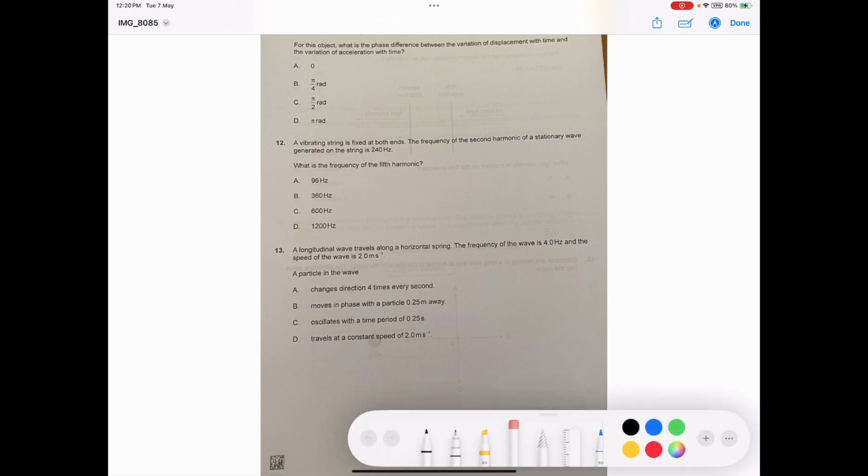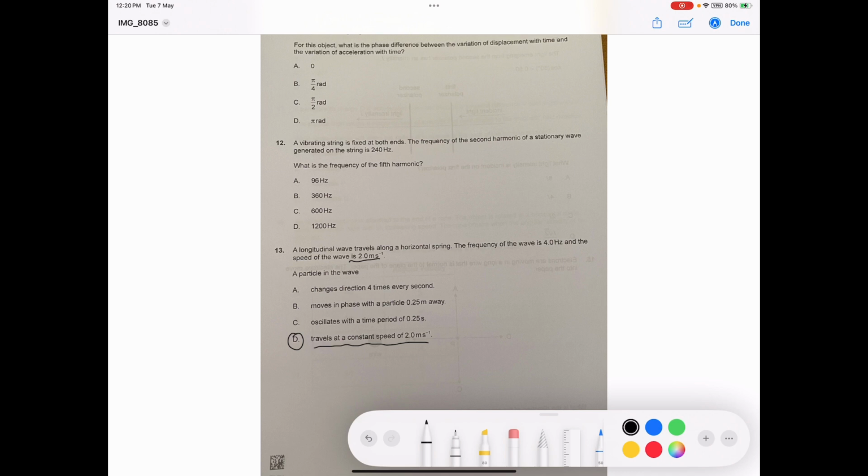Okay, number 13. A longitudinal wave travels along a horizontal spring. The frequency of the wave is 4 Hertz and the speed of the wave is 2 meters per second. Well, it appears, just on reading this question, the answer is D. The speed of the wave is 2 meters per second here, and the wave travels at a constant speed of 2 meters per second. It appears to be D, but